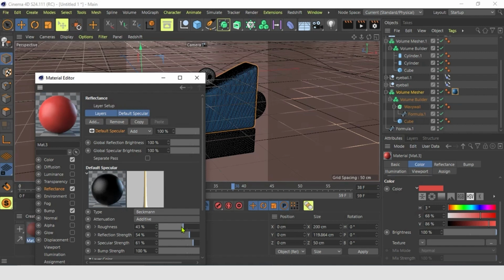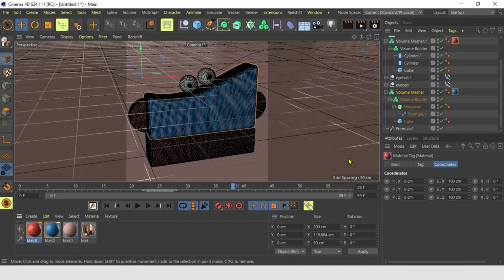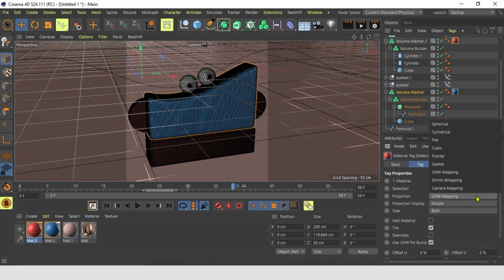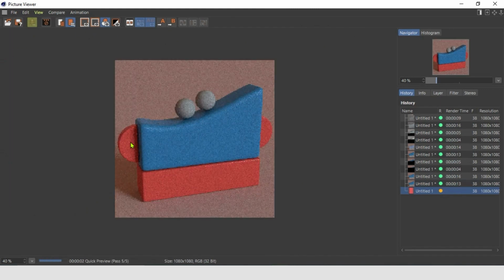Okay, specular strength, let's crank this all up. We just drag this one onto the mouth and we can change this tag again to cubic. Let's see how it looks. And it looks very nice.